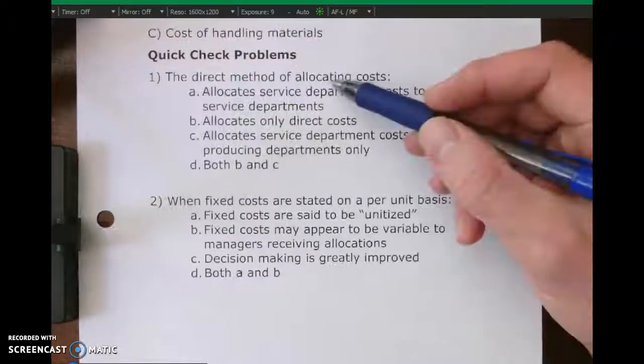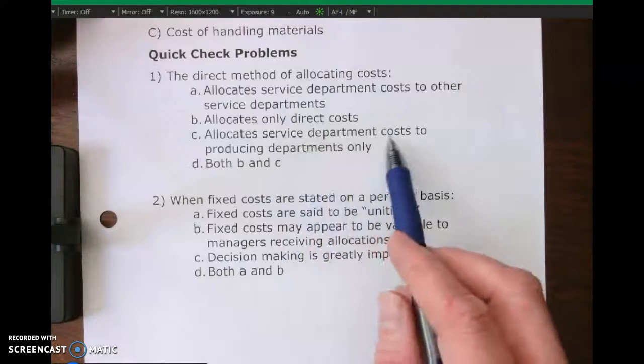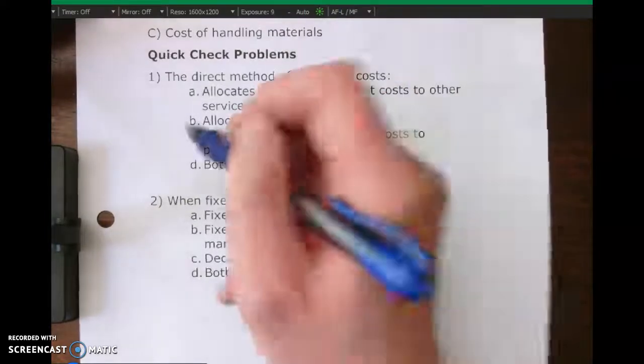This last one, the direct method of allocating costs, allocates service departments to production departments. So the right answer